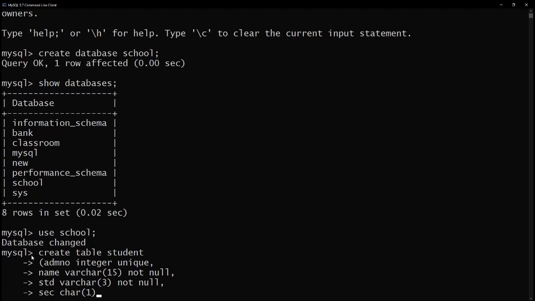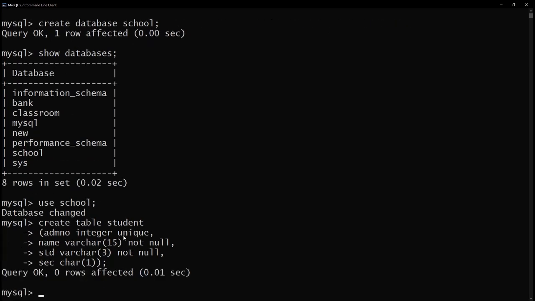Now you would have noticed after create table opening round bracket, we have entered all the columns. So this round bracket must be ended at the last. So I am closing the round bracket, and as I have already told you, every query should end with a semicolon. So I am giving a semicolon and then enter. Again, I've got a positive result. It says query OK, 0 rows affected, which means the table is created.